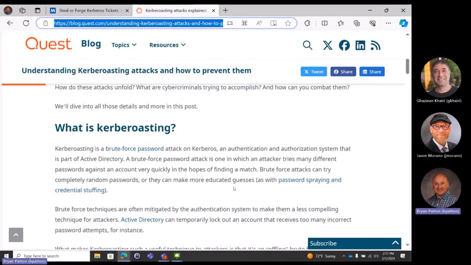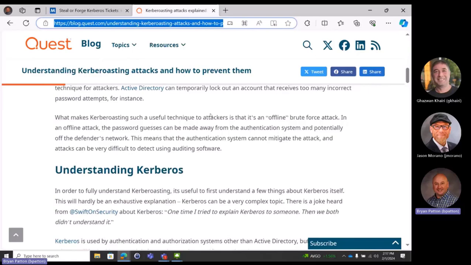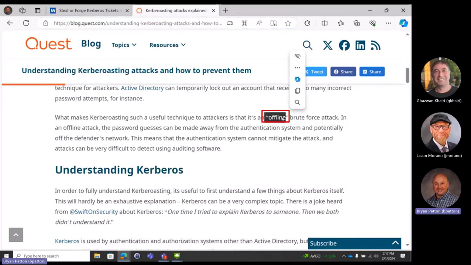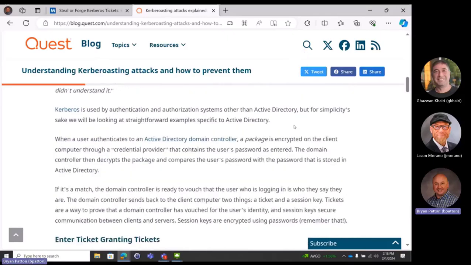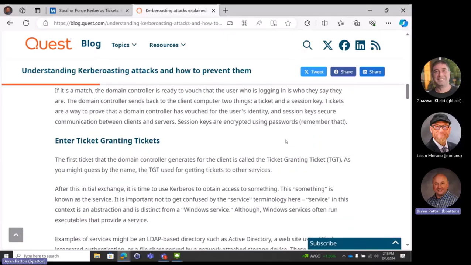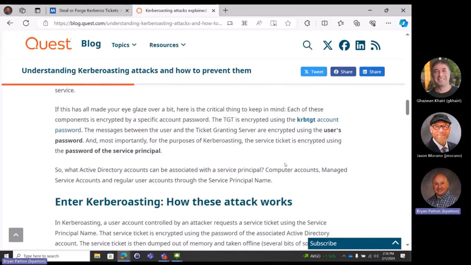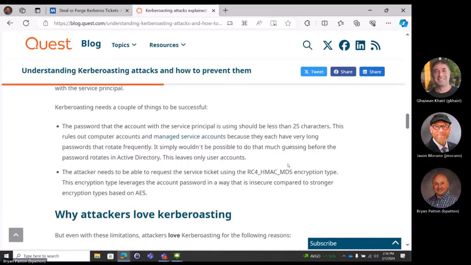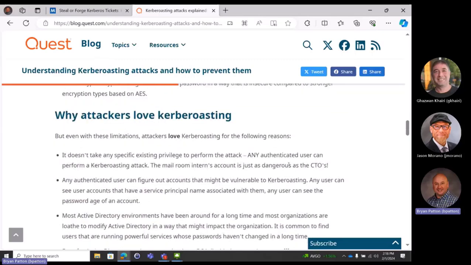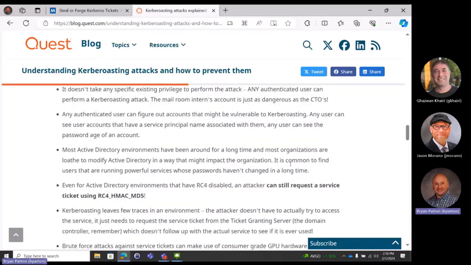What is Kerberoasting? You'll see some different key things here. It's very useful as it's an offline attack. This is why we can't detect it. If you have that hash offline, give it enough time, you can crack it, unless that password's been changed. It can get a little bit confusing trying to explain this because you have to talk about the ticket granting ticket and the ticket granting service that's out there. But as you see in Matthew's blog, this is how the service principal names actually work. So this is articulating it pretty well. Definitely worth a read.